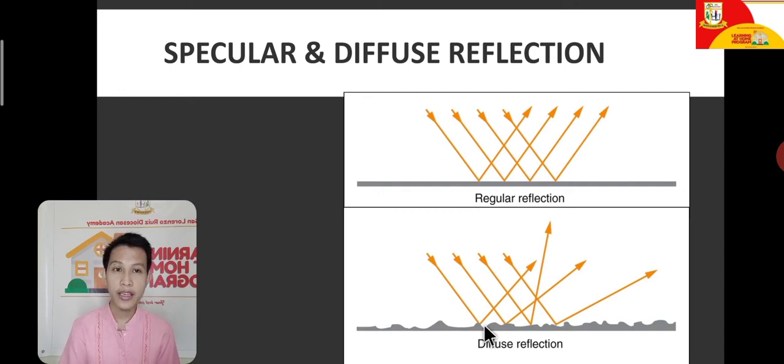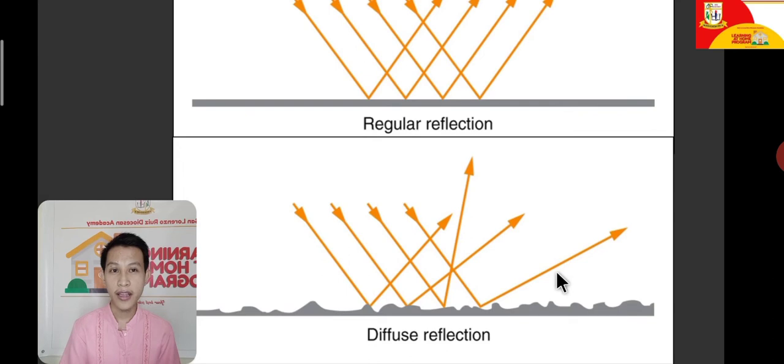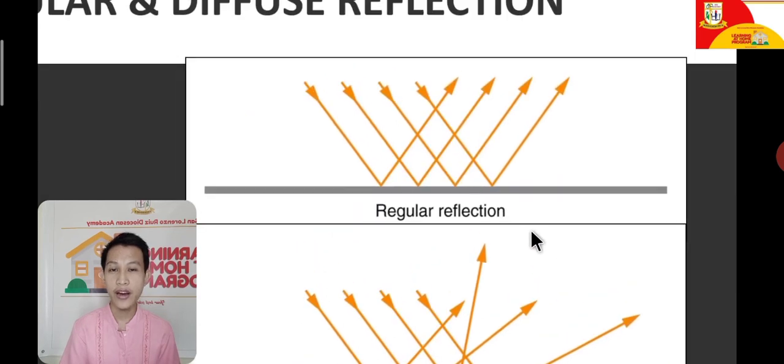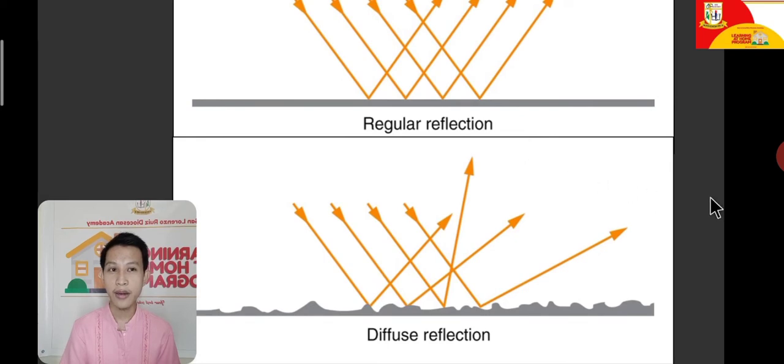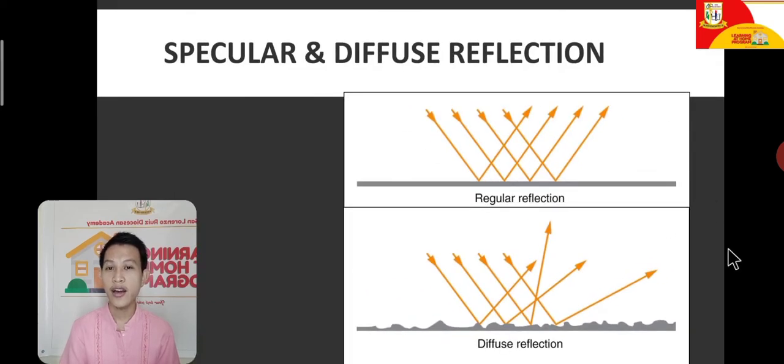Instead, ang magiging reflection niya is with different directions. Kaya tinatawag siyang irregular or diffuse reflection. Okay? So, yan yung pagkakaiba when it comes to regular, ganyan, and then diffuse, kapag iba-iba ng angle yung napupuntahan